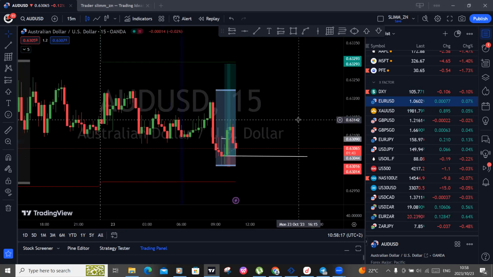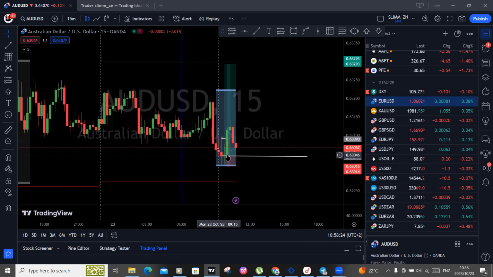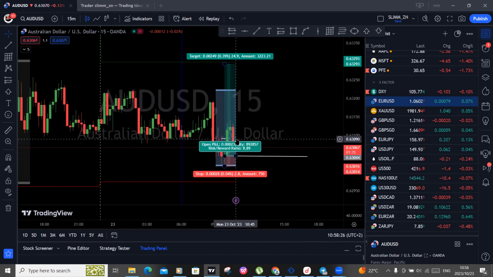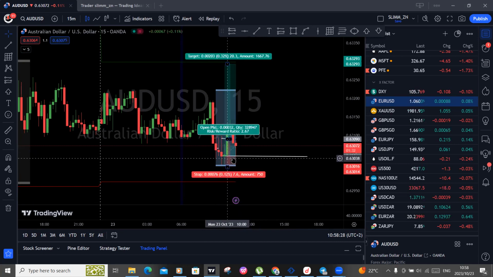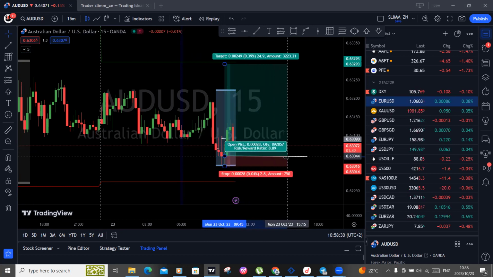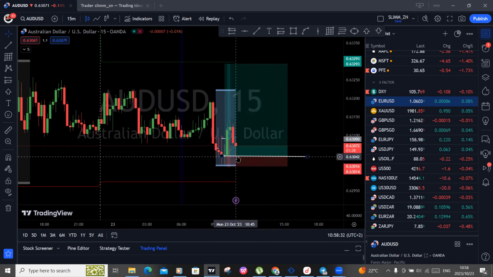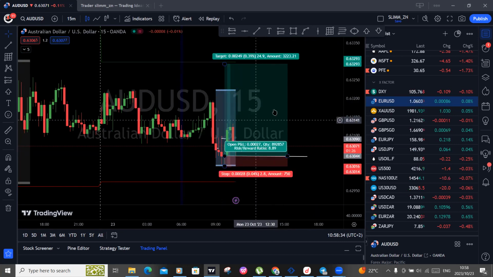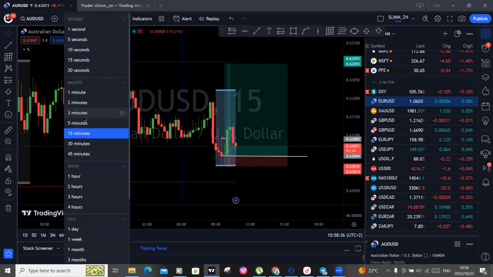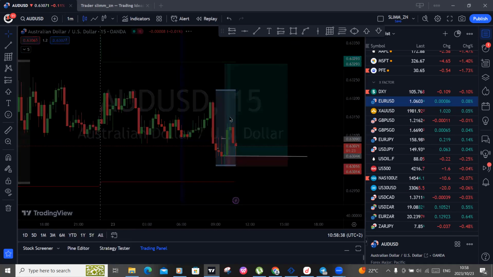I just wanted to quickly show you a setup which I had in the morning. It's actually two pairs, AUD/USD and EUR/USD. You can see this one is still active. It hasn't yet taken us out, and I feel since they've touched here, they can still push up. So basically, this is the setup I had on